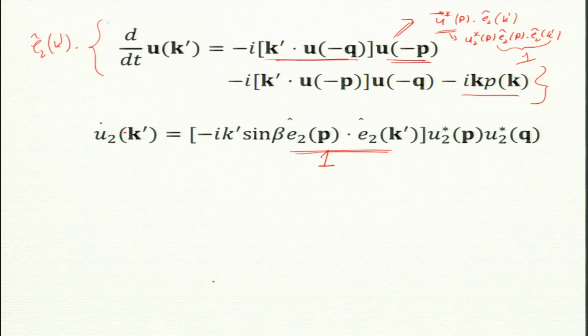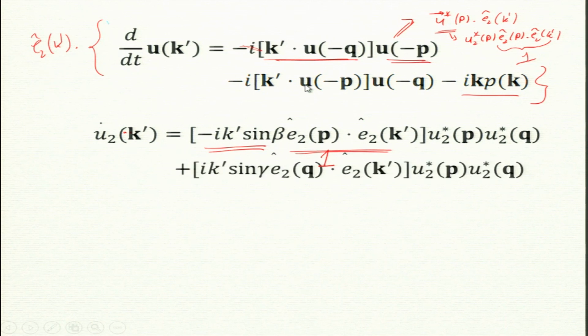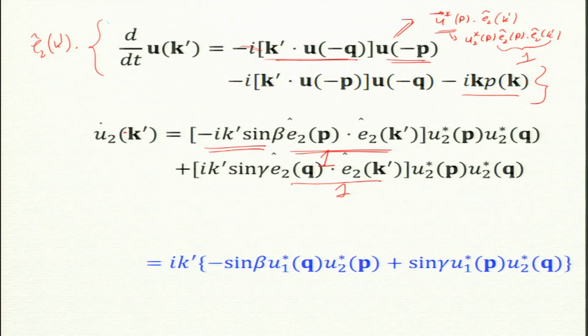So that is simpler. There is only one step which is simpler, otherwise this is exactly the same as what I did in the previous slide. Now this is for the first part. Now I can do the second part, which is just that. So these are 1, these are also 1, so you can just put them together. Okay, so my u2k prime is this.